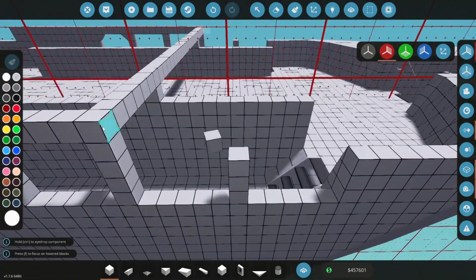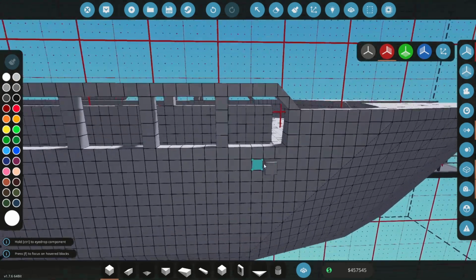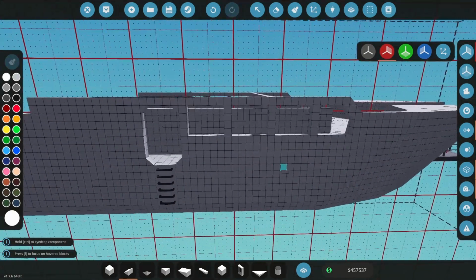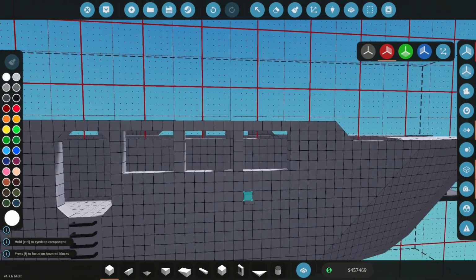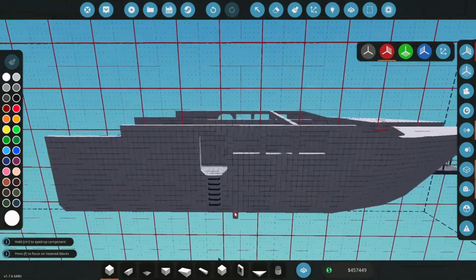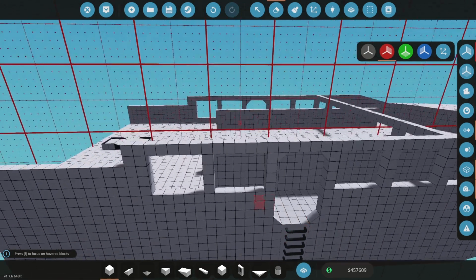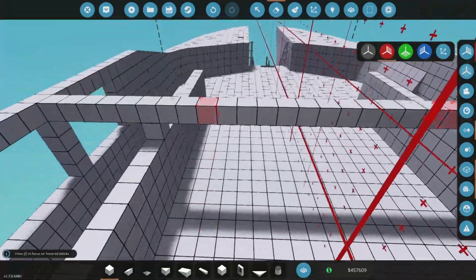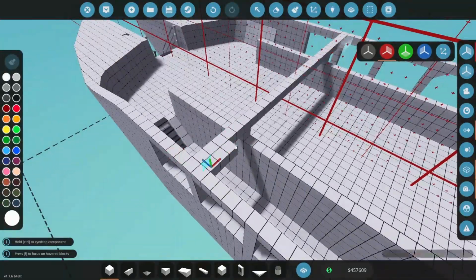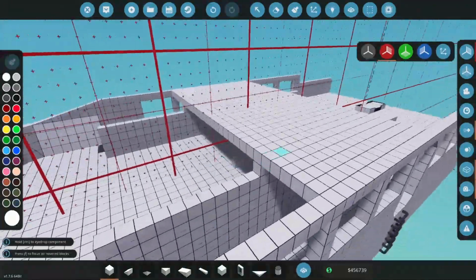I'll probably need to put that back in. And then I can do something like that. Like that. Like that. Yeah, and then this middle piece would mean I can probably lift the engines or whatever up. And now I've got all this space up high to build my bridge on. And what if I do...